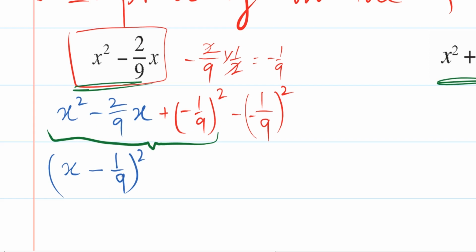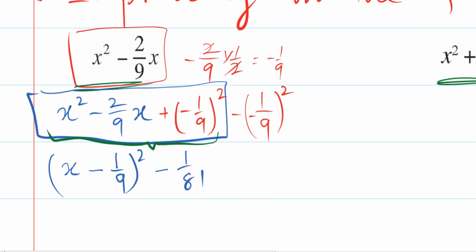Then this is actually the shorter form of writing this perfect square. This means the first three terms are equivalent, they are the same. This is an identity: a minus b whole square is equal to a square minus 2ab plus b square. The above three terms represent the form a square minus 2ab plus b square. I have converted this into the simpler form, which is a minus b whole square. And then there is minus 1 over 9 square, which is 1 over 81.